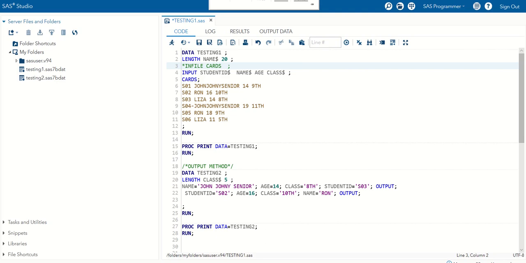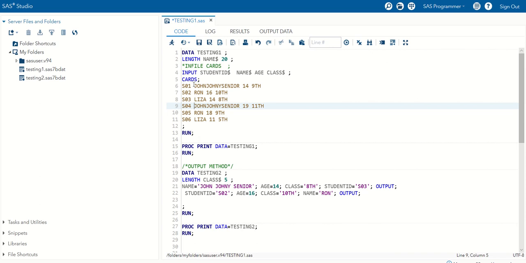Hey guys, so in this video I'm going to talk about delimiters and how we change the delimiters in a data set. Usually we have seen that our default delimiter is space, especially in the list input method, where it actually matters, because in other input methods it doesn't matter since we give the character position or the name of the column. So in list input method it matters what the delimiter is and how we separate values. By default it is space, but what if we want to change the delimiter?